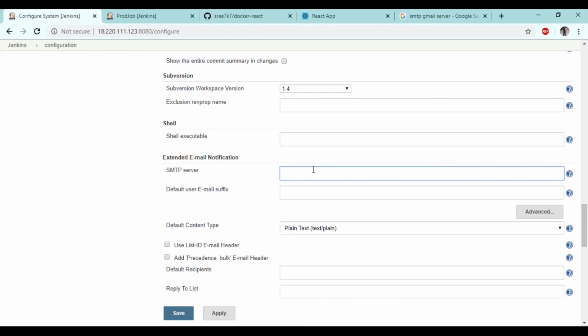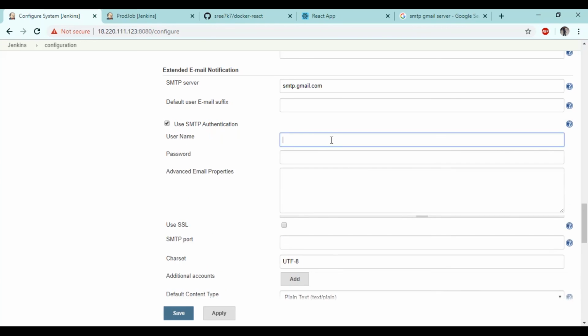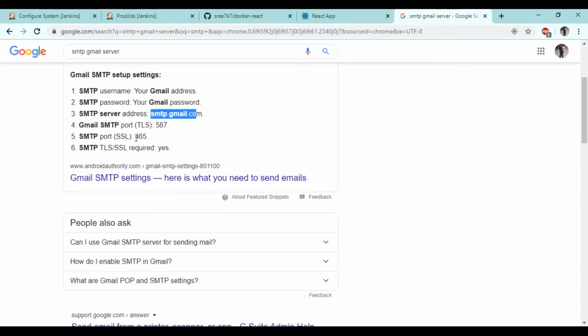Copy, go to advanced, use SMTP authentication. This is my email, and I'm gonna give the password. I think this is 465. Yeah, so when we enable SSL, we have to give the port number 465,